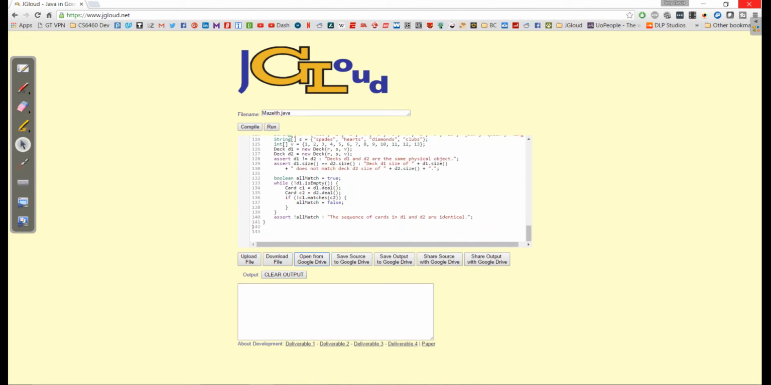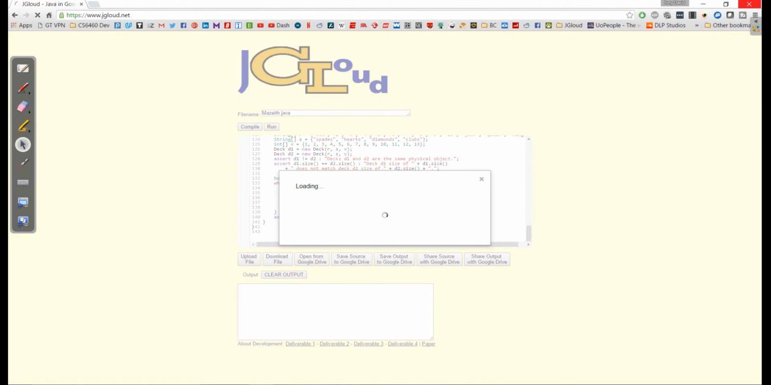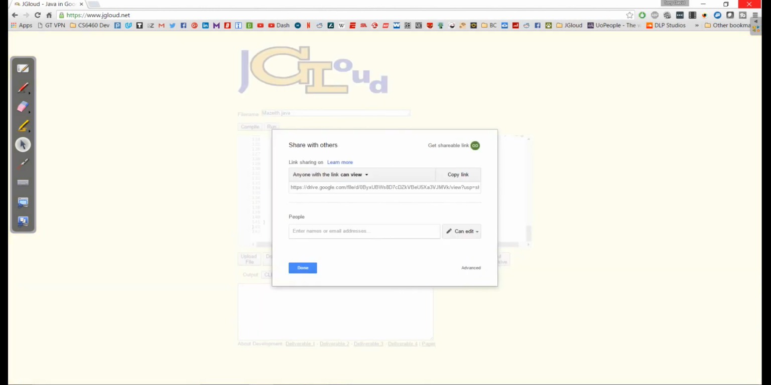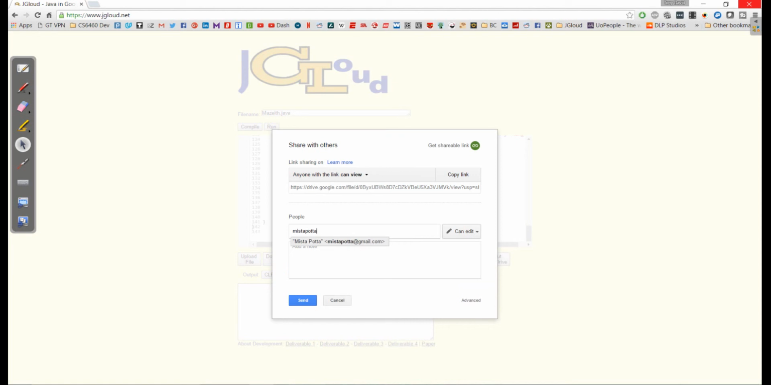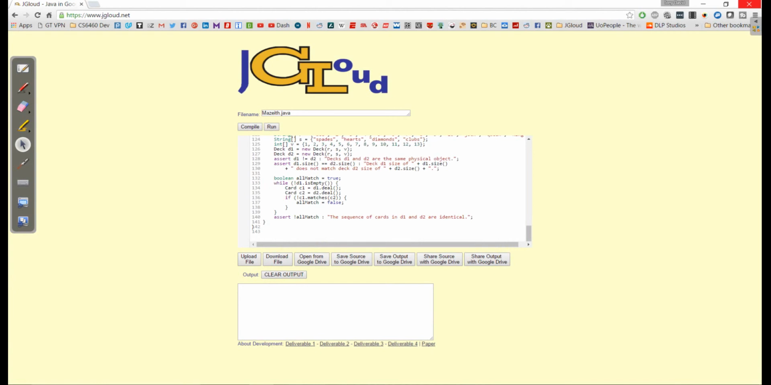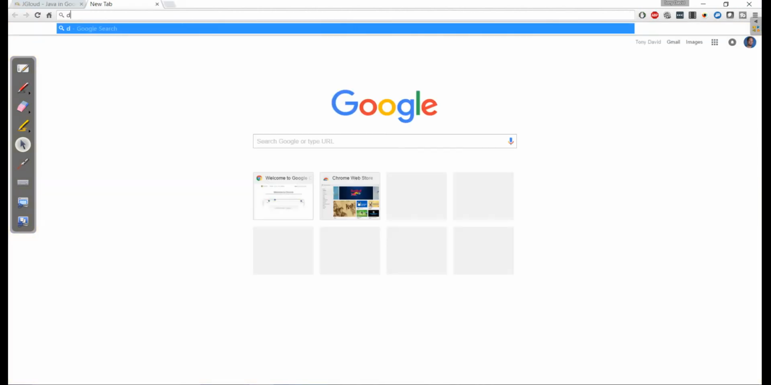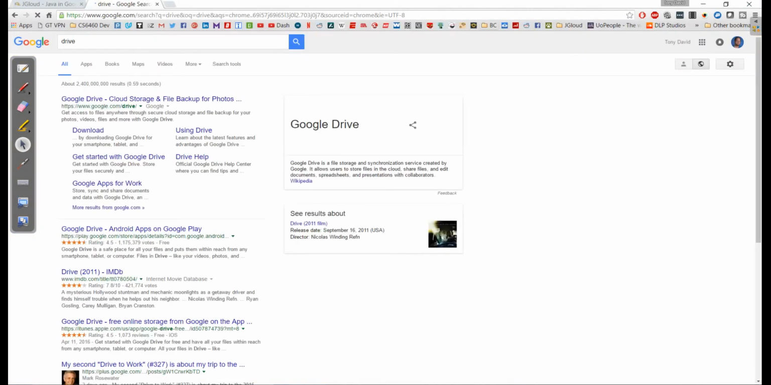And if I want to be able to share this with someone else, I can click share, and I can share this file with some other user. So I'll go ahead and go to mistapotta@gmail.com and a little, hey there, I'm sharing this with you. And when we click send, now if I was to go over here, go to a new drive instance, and